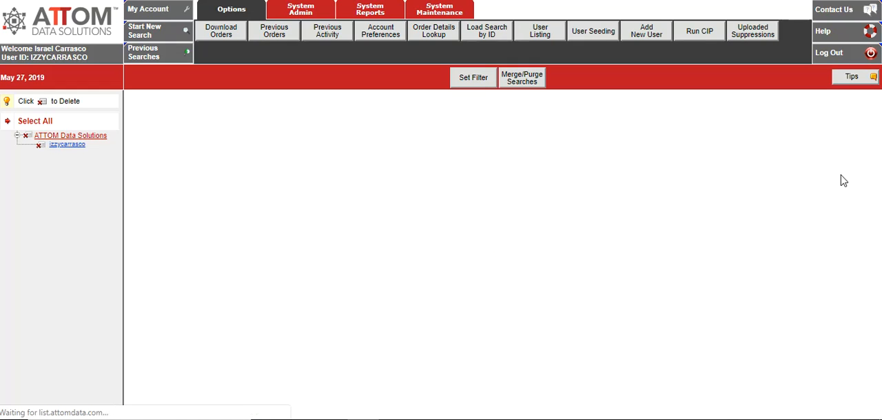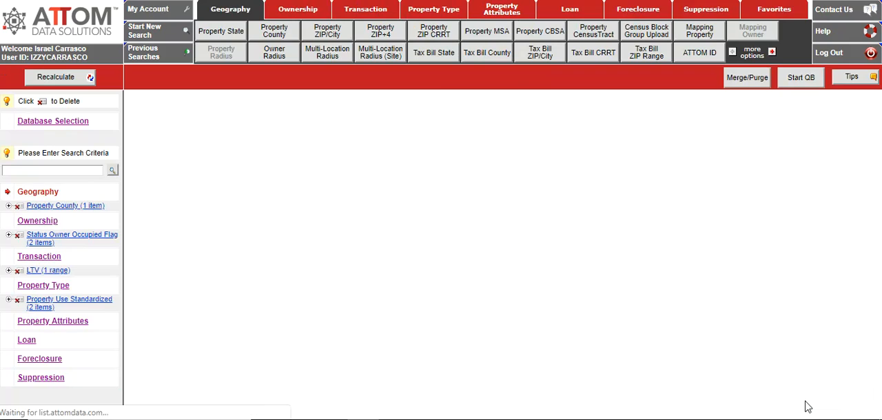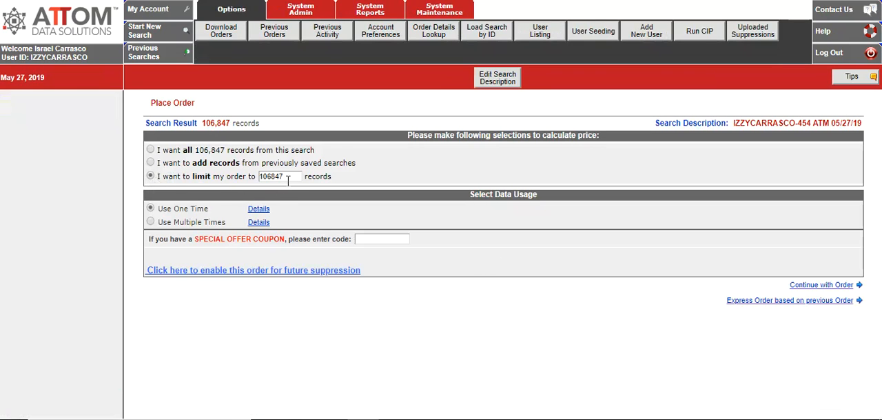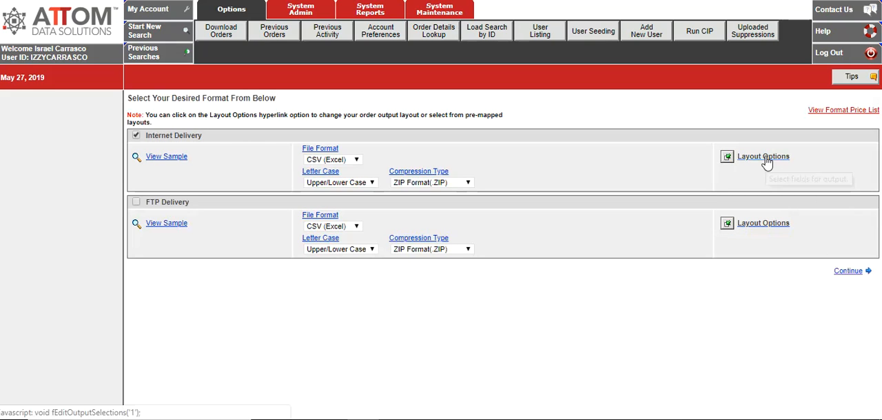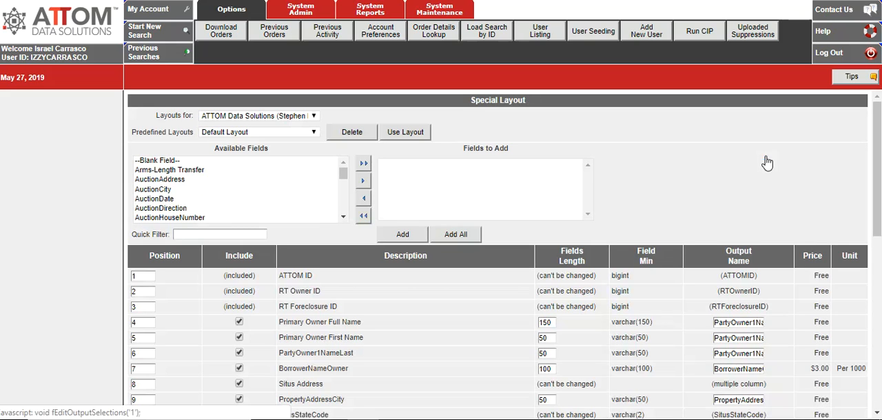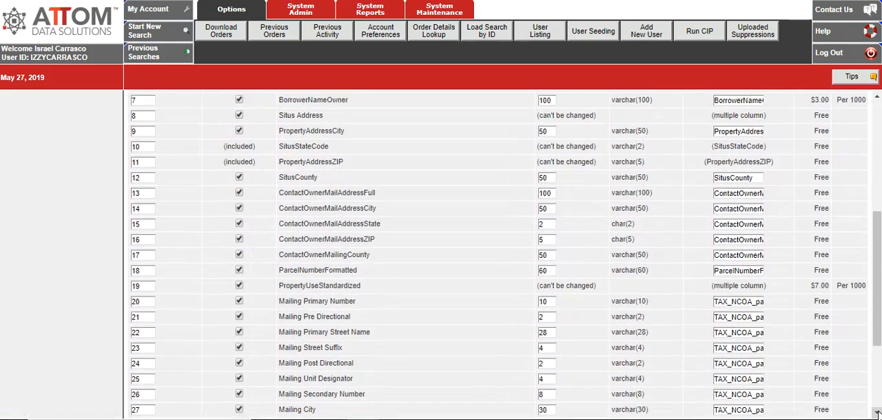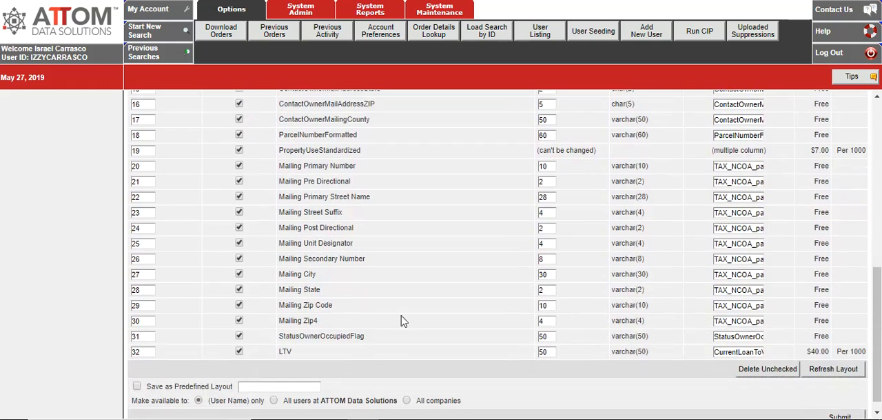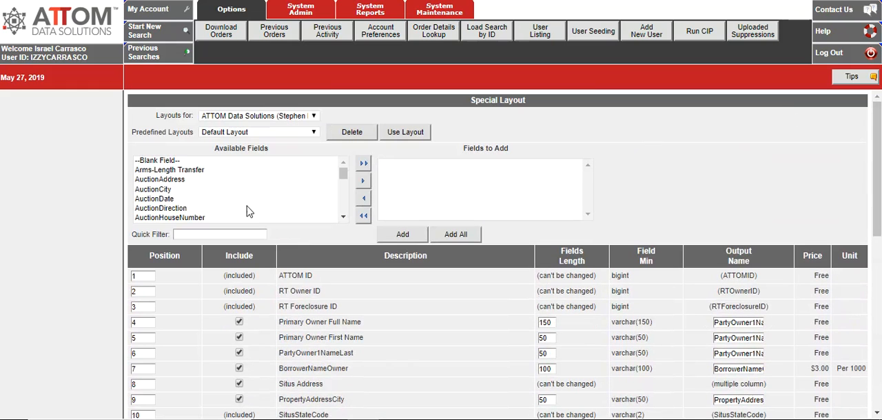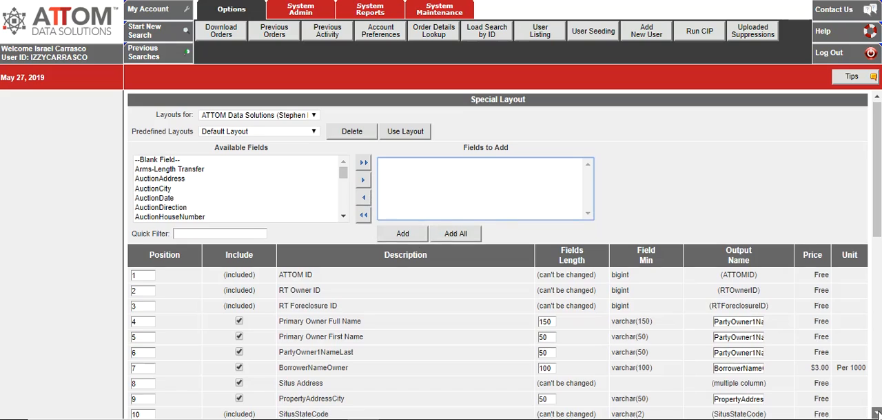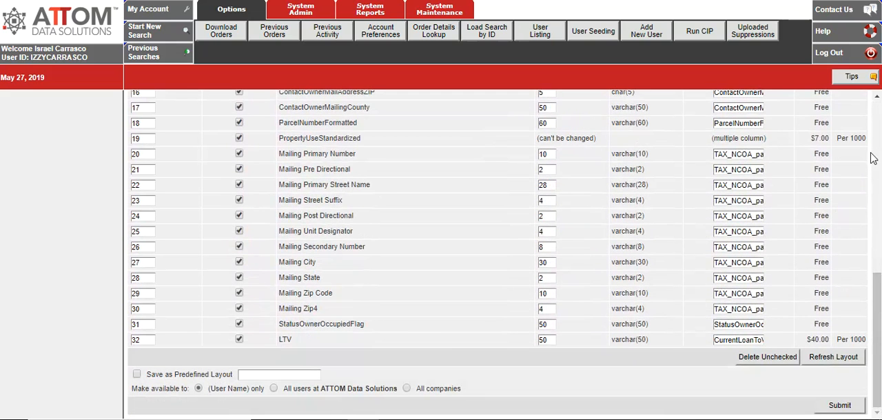But this is really, really important. Assuming that I hit place order, I want to limit this to, let's say, 500 records. Continue with the order. Check the layout options. Again, this is the section. The check marks will tell you what fields you're going to get. You can uncheck things that you don't want. You can also add fields that you need by selecting these fields and adding them here. You hit add, and then you continue. You can also save. I know I already mentioned this, but this is really important because the last thing I want to happen is you get a list and then you forgot to add something here, and now you have to pay for the list again to rerun it. You hit submit,